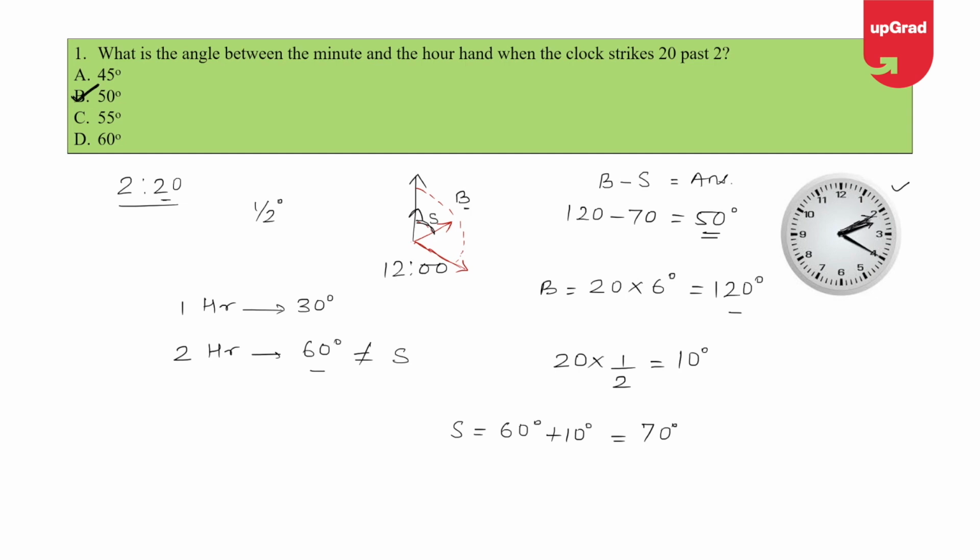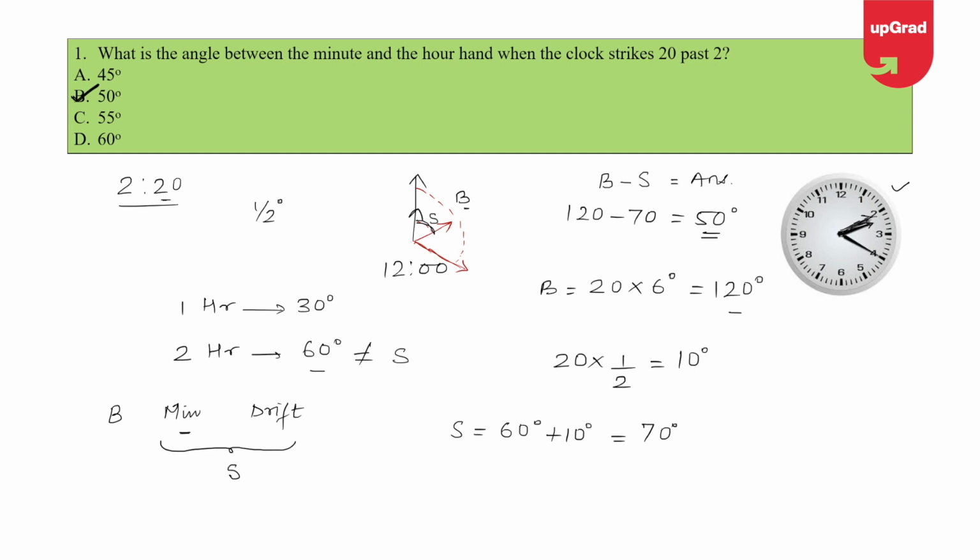So you have to do this question in 3 steps. Number 1, the bigger angle. Number 2, the angle traversed by the hour hand to reach the closest hour, and number 3 is the drift. So the angle traversed to the closest hour plus the drift is called the smaller angle, and then bigger angle minus smaller angle will always give me the correct answer. Now there are a few more methods of solving this question, which we will discuss in detail in the later part of this video.